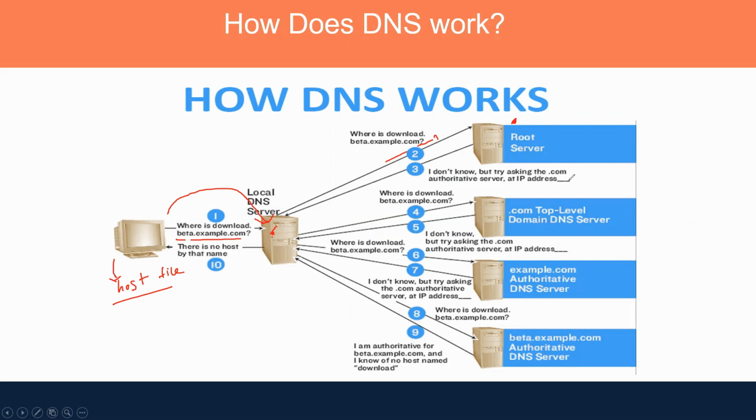.com is nothing but a top level domain. So it would try to ask .com. Okay, so .com could be the authoritative server to reply to this. So the local DNS server is now sending that query to .com: do you know what is the beta.example.com? So it would say, I don't know what is the IP of beta.example.com, but I can try to ask